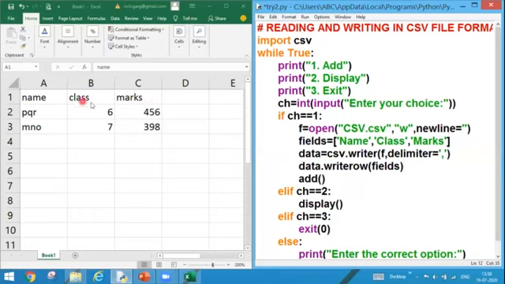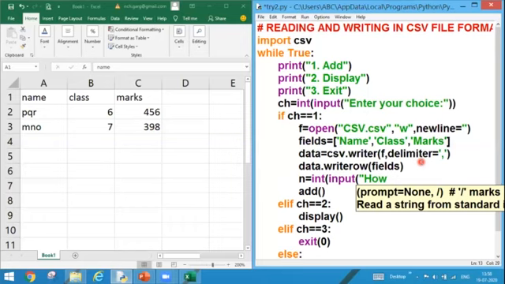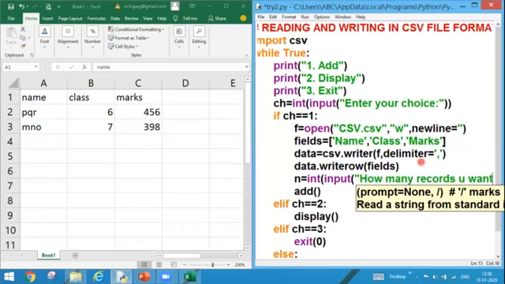And I don't want to repeat my first line, first row again and again as I will be entering my record. So for that, I will be taking an input from the user side, that how many records do you want to enter in your file. So for that, I am taking one variable, int input, how many records you want,